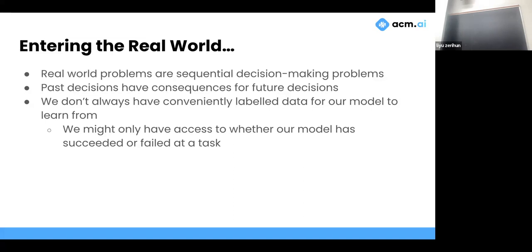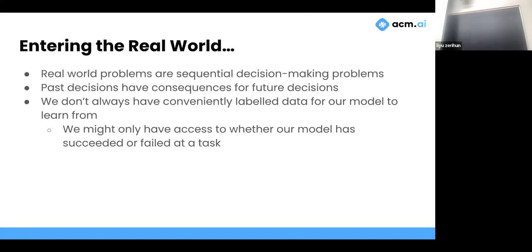But with a lot of real-world tasks, this suddenly doesn't work quite so well. Think about driving a car, for instance. You're not getting feedback every single time you make the tiniest decision about whether it's the right decision or not, what the accuracy of that decision is, and so forth. If you turn the steering wheel one way or the other, or accelerate to some speed or another, you don't get instant real-world feedback that way.